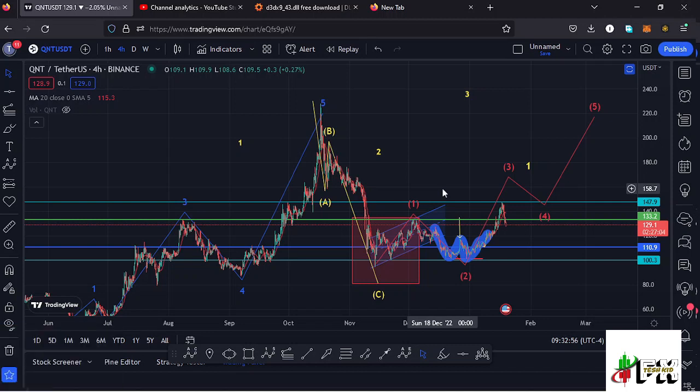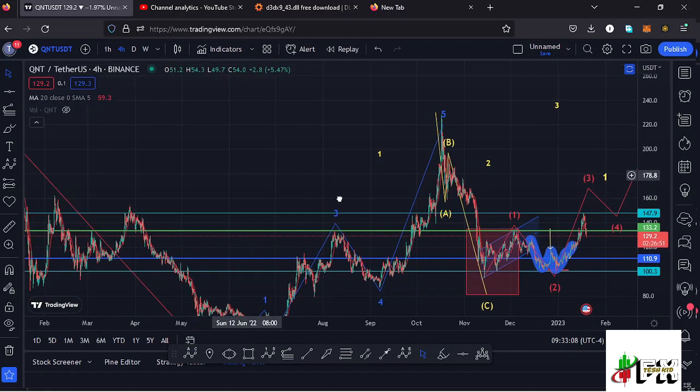At the time of this recording, Quant has managed to lose a key area of support at around the $133.2 mark, and we have continued pushing even lower. And before I get into that, allow me to start the video here on the 4-hour chart by first giving